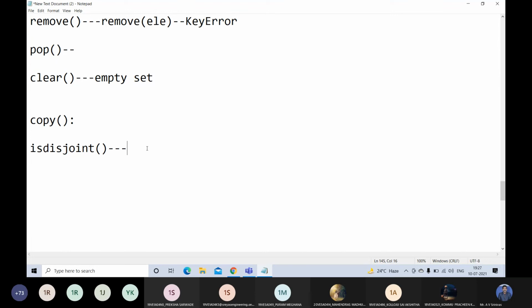Different elements in sets, yes, the sets are not having any common elements. So this method returns true if the sets are not having any common elements, otherwise it returns false.